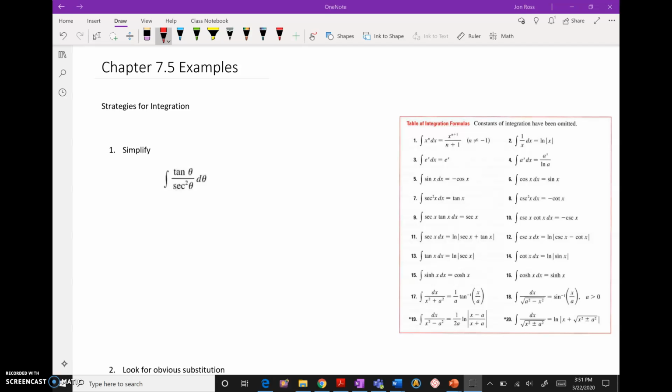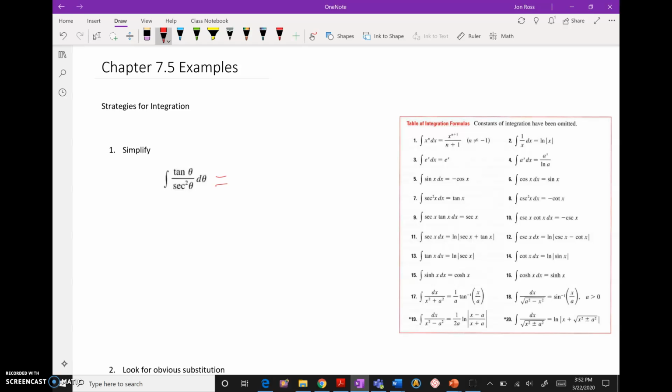You can see on the right I have the table of integration formulas there just to remind me of some of the things we might be making use of here. But three major strategies we've used at length in class are here on the left. The first one is simplify. If there's ever a time with an equation that looks like simplification can make things easier for you before you integrate, do it. In this example, I've got trig, and sometimes putting trig back into its roots can help you